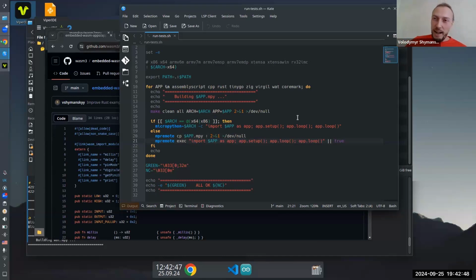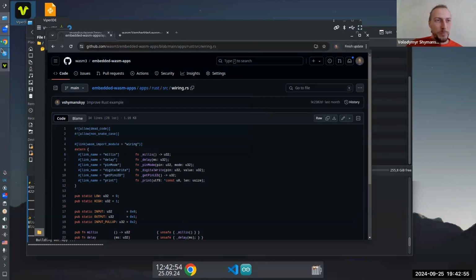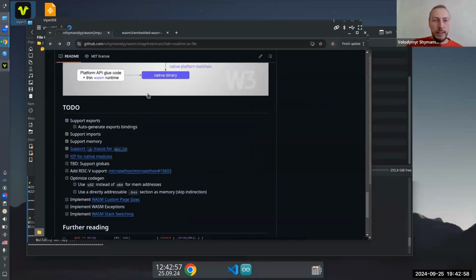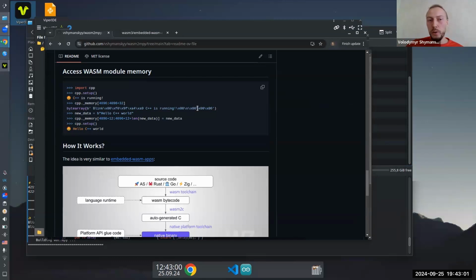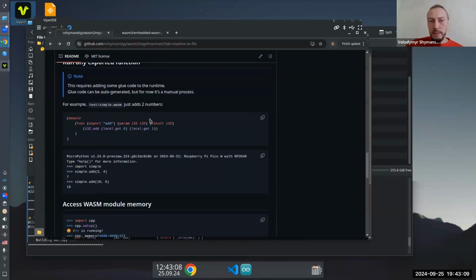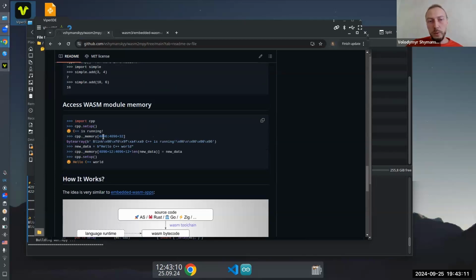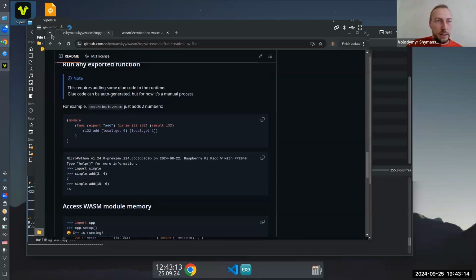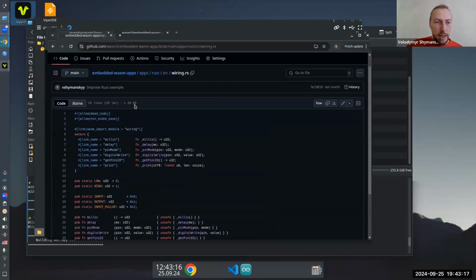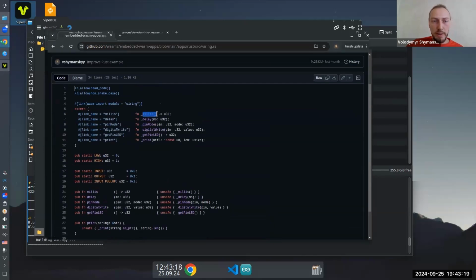If you want to dive into this... No, don't go too far, I just wanted to know if you're working on this. It is possible to call MicroPython functions from WASM. And this is how it's done, because in the example applications that I was showing, it tries to call millis, it tries to call pin mode, and it tries to print, right?